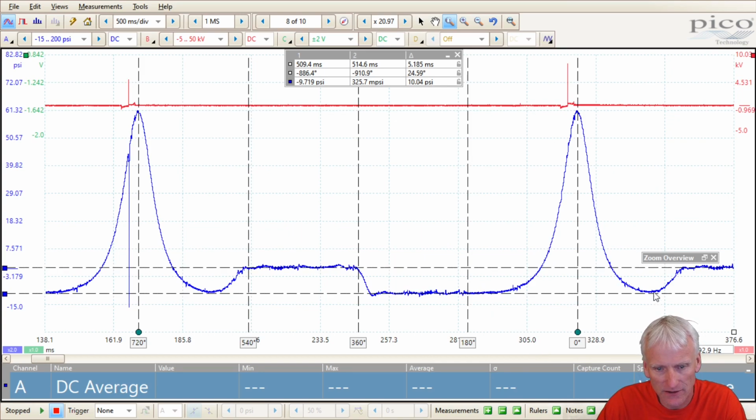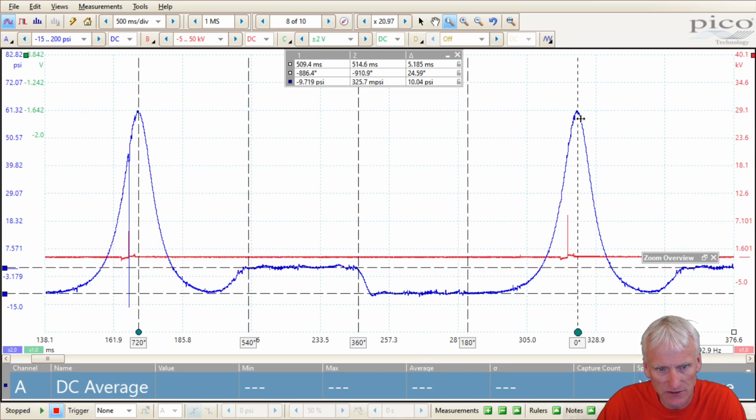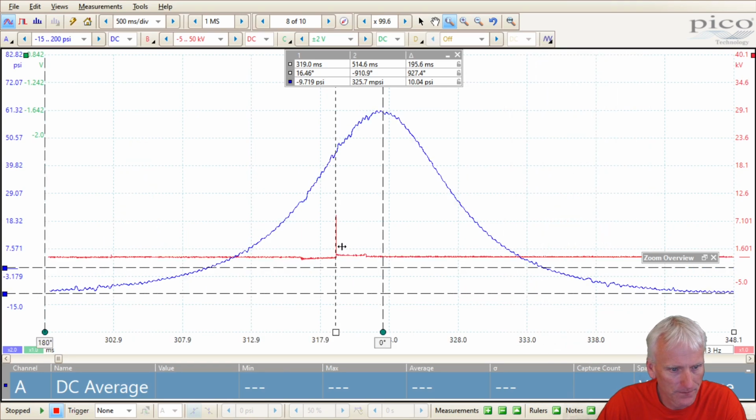Now one of the things I like to do also is see when this spark occurred in relationship to this pressure waveform. So we're going to take one of our time rulers here. I'm going to put it right over the top of my ignition. So there's my firing line right there. That's when the spark was initially started. And put this right over there at the peak of the pressure waveform, and you can see I'm about 15